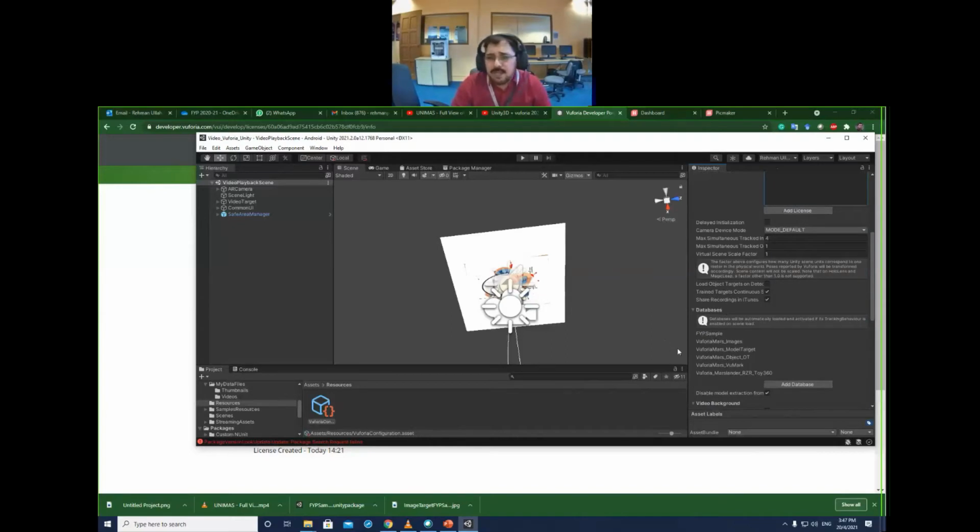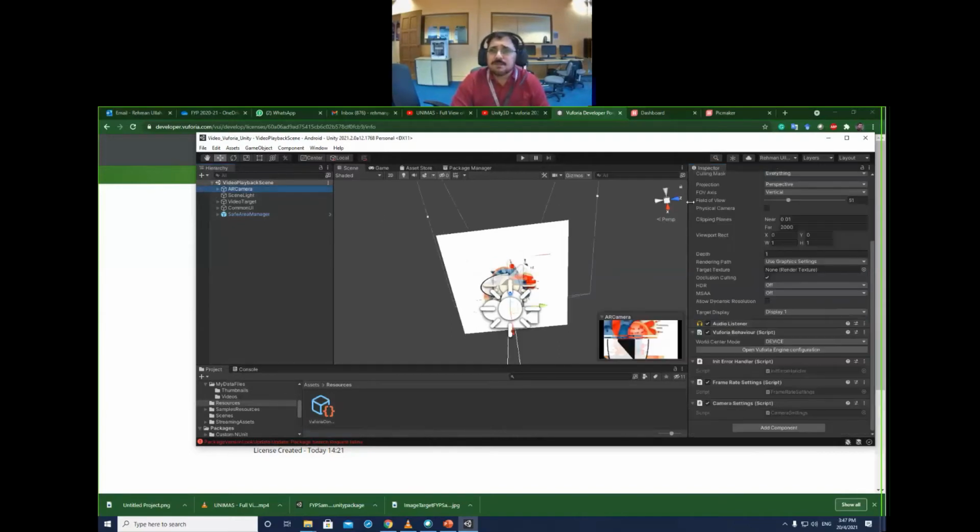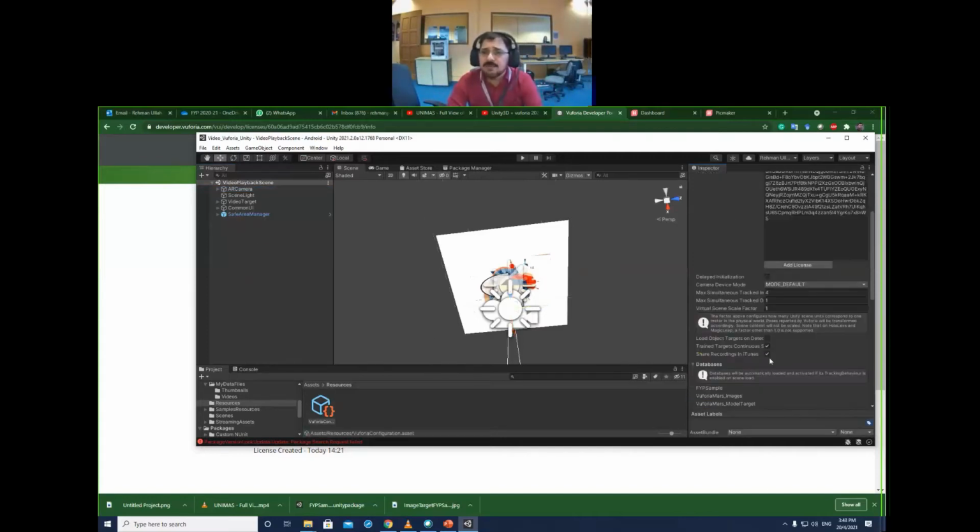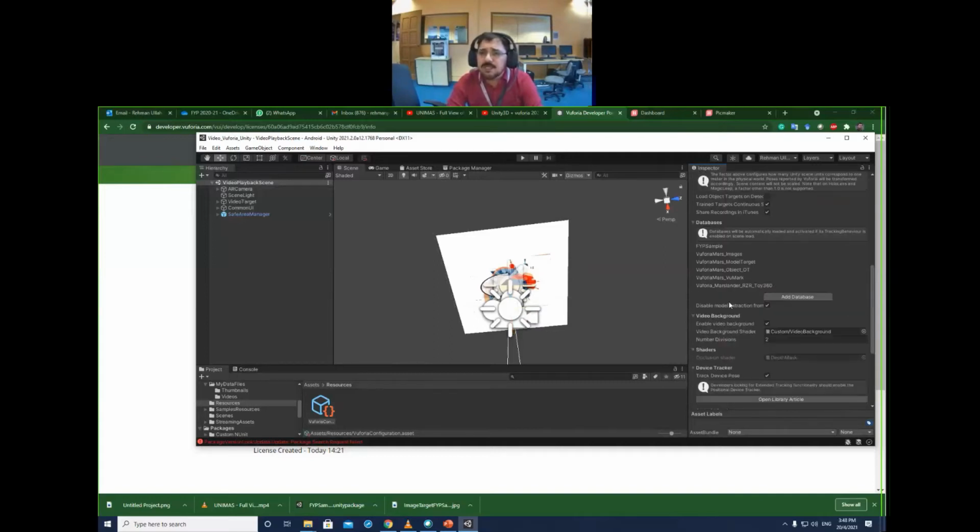When you are opening this one, I think you already have the template, so everything will be set. Otherwise, you see, this is not set to device by default. You will change the world center mode to device. Then everything will be okay. Otherwise, if you want to change my database, of course you will have to change it. You will create your own database and then download it. Once you download and import it, then here you can change that one.